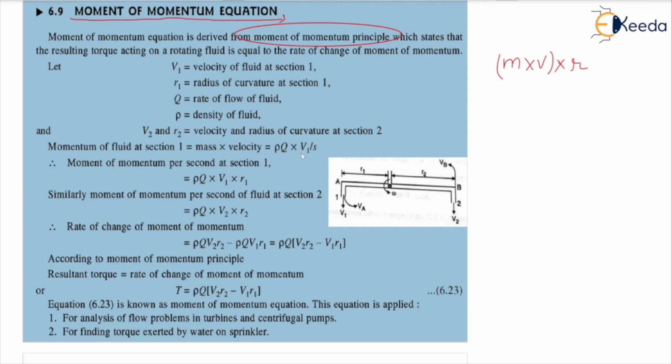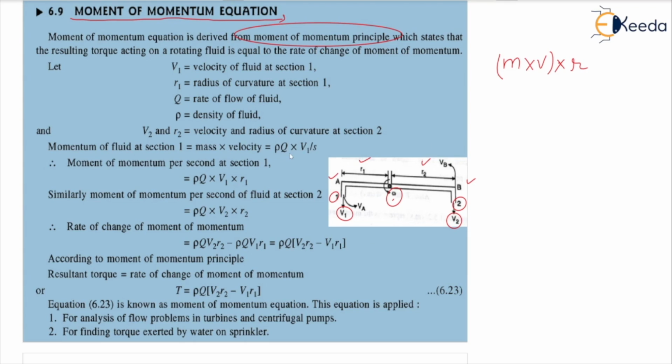Now look at this diagram I want to explain here. This is just an example of a sprinkler, and there are two outlets, you can see 1 and 2 here, and we have given the names A and B to the two ends of the pipe. R1 is the radius from the center or hinge, R2 is this radius, V1 is the velocity of the jet of water coming out, and V2 is the velocity of the jet of water coming out from section 2, and the whole system will rotate in the anti-clockwise direction. You can see the omega in the anti-clockwise direction. So VA is moving this way, VB is moving in this direction.